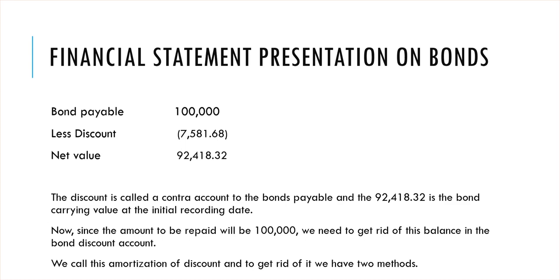Now, when we do the financial statements and we present this, we show this discount account with the bond every time we do our financials. So when we first do it, after it's recorded, if we had to do financials, say the next day, we would do it like this, and this is the way it would show up in our balance sheet. It would be bond payable less discount, and then it would be 92,418.32. And technically, you can either show the discounted amount in there, or you can say net of